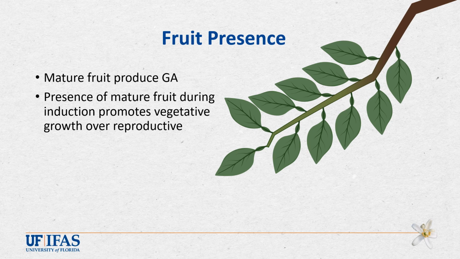In the absence of mature fruit, there is no GA production, so the nearby buds are free to form floral buds. GA's inhibitory effect on flowering and promotion of vegetative growth has led to its popular use as a plant growth regulator. It has lately gained an increase in popularity as a means of promoting canopy recovery in HLB-affected trees. By shifting the balance of reproductive and vegetative growth towards vegetative growth, HLB-affected trees are able to recover some of their canopy without major losses in yield.